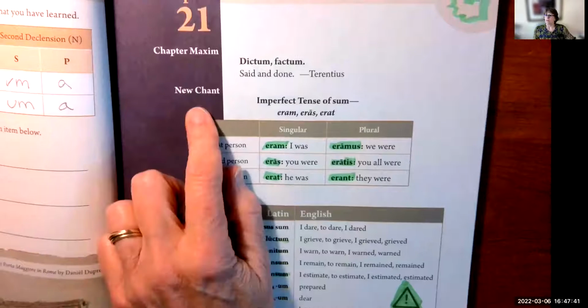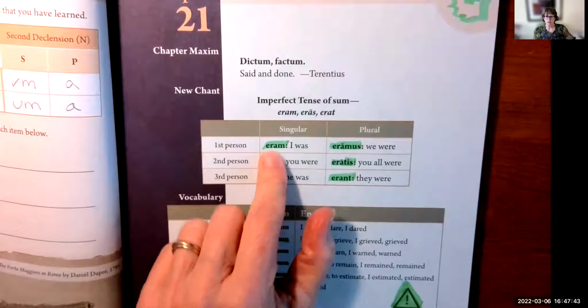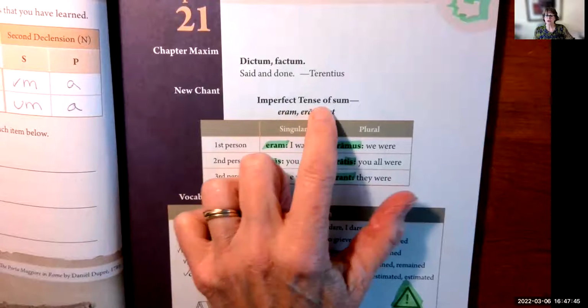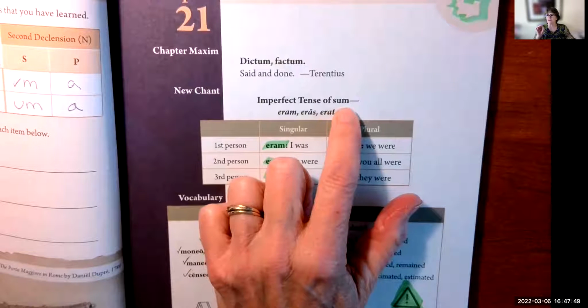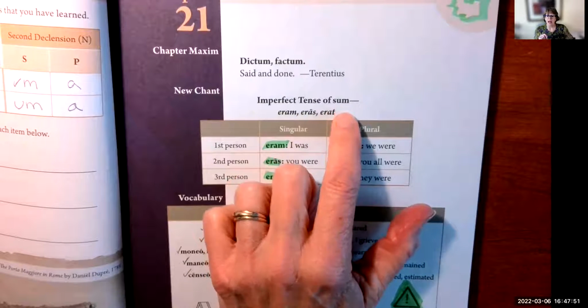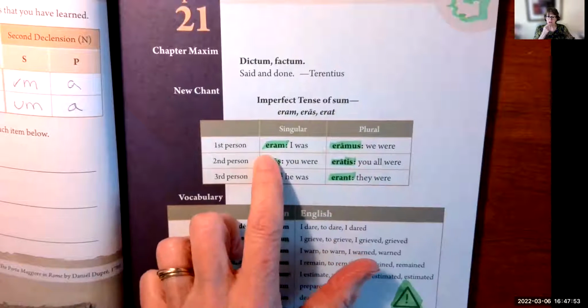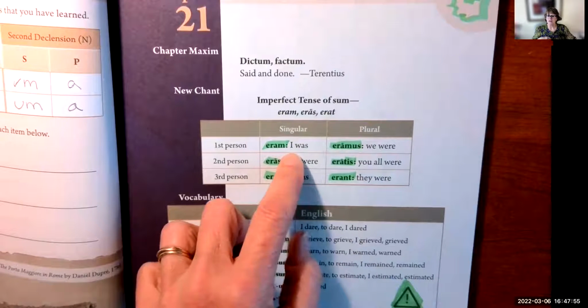Mrs. Kang here, ready to help with Latin, Primer A, Chapter 21. So let's get started. Basically, Chapter 21 is talking about the imperfect tense of sum. Sum is our linking verb. This is our irregular verb. And it's giving us the imperfect